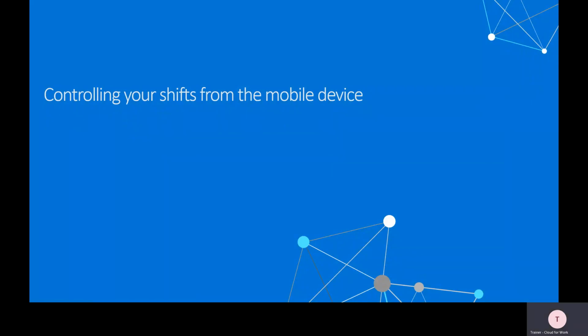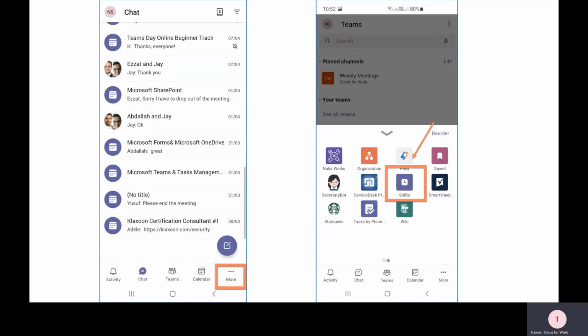And now I will be going to our next topic, which is controlling your shifts on your mobile device. As you all know, you can go to the applications available in Teams, and you can download a specific application, or you can access that application. So in my case, we are accessing an application called Microsoft Shifts,